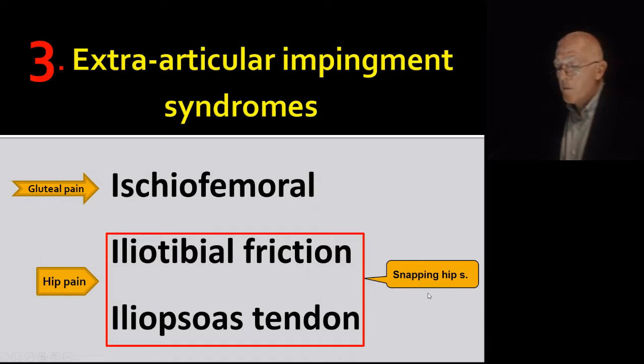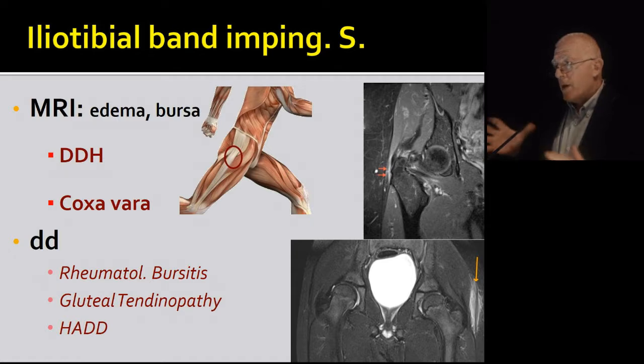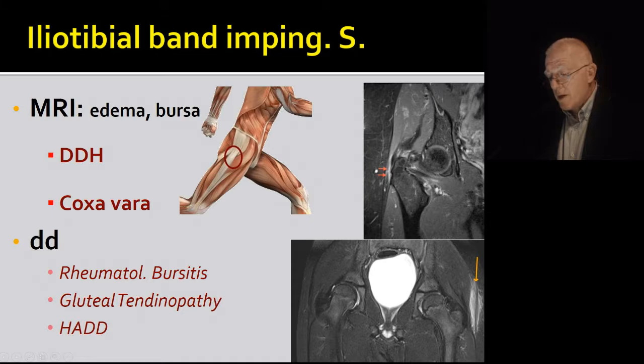The iliotibial band impingement syndrome belongs to the group of disorders called, under the umbrella, painful greater trochanter pain syndrome. This is demonstrated on MR with edema in between the iliotibial band and the greater trochanter, or fluid, as we see here. The discrimination between fluid and edema is important, and we'll discuss in a minute why.